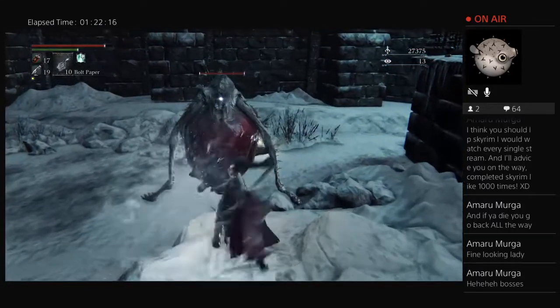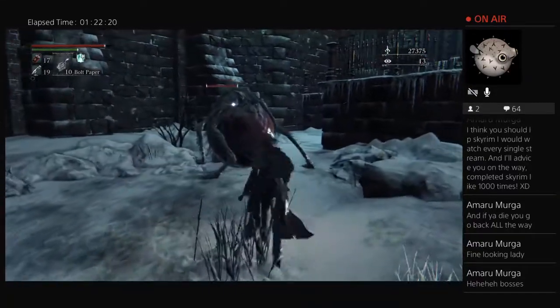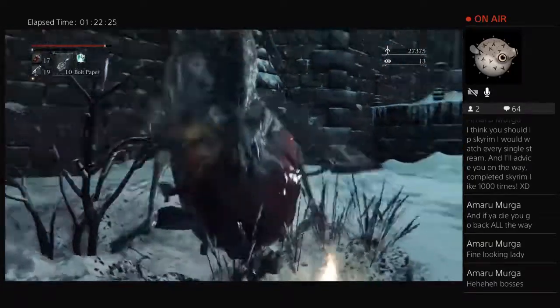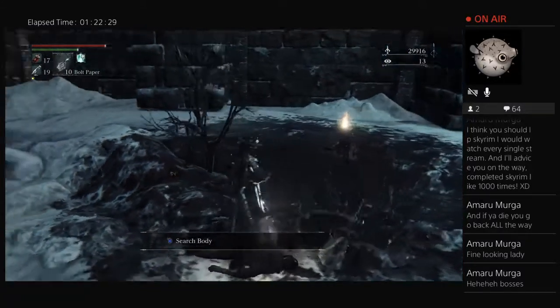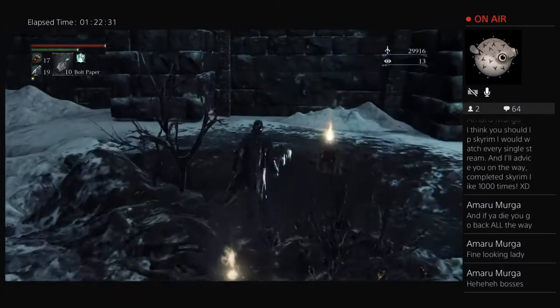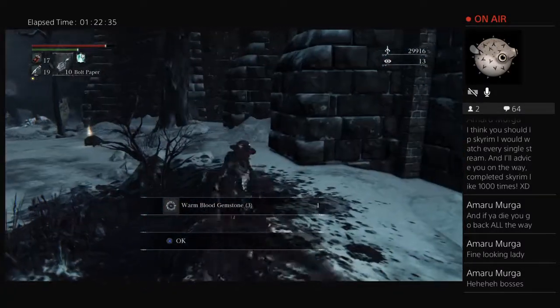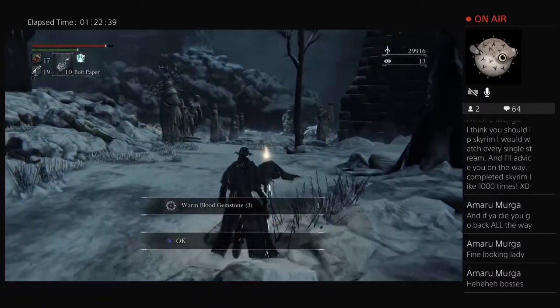Let's give her the same attack. Really, you're not going to turn around even, huh? Fine. Easy money. And oh man, that's disgusting. Just explodes in blood. Gotta love this game. It is Bloodborne for a reason. Warm blood gem. That's probably decent. It's a level 3 blood gem, so...